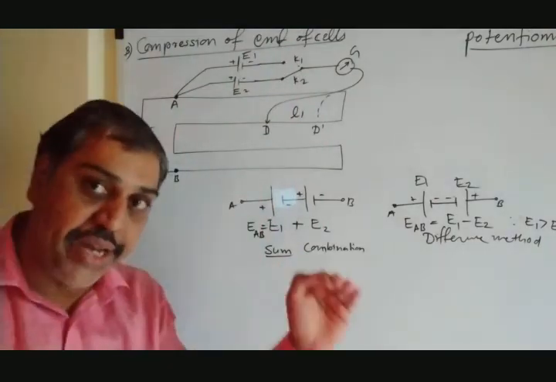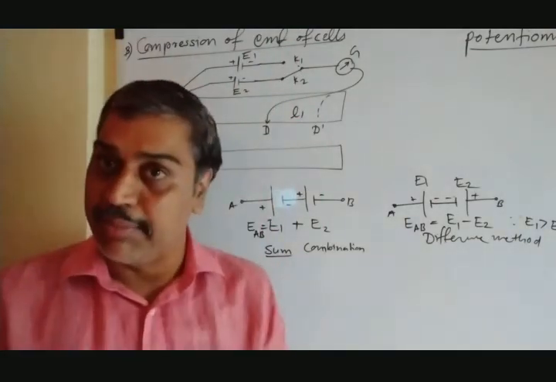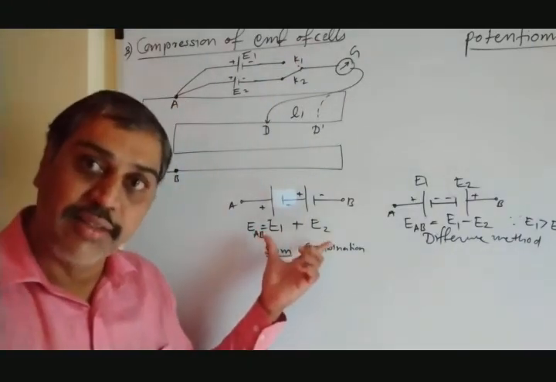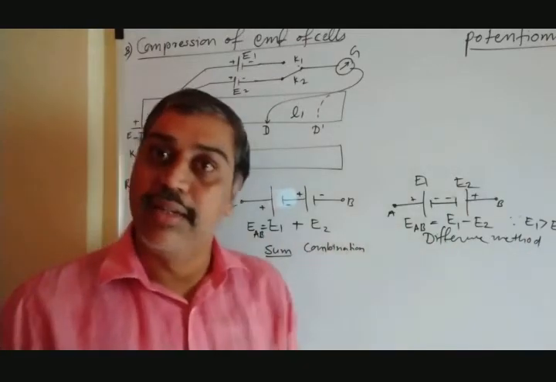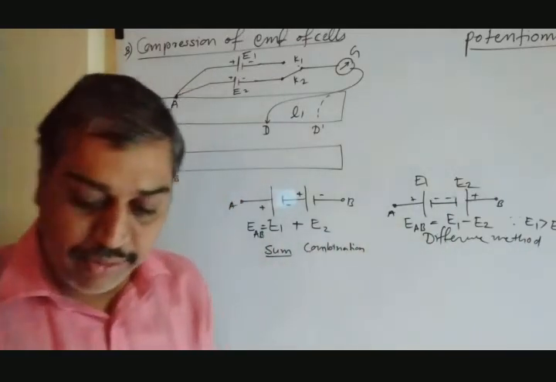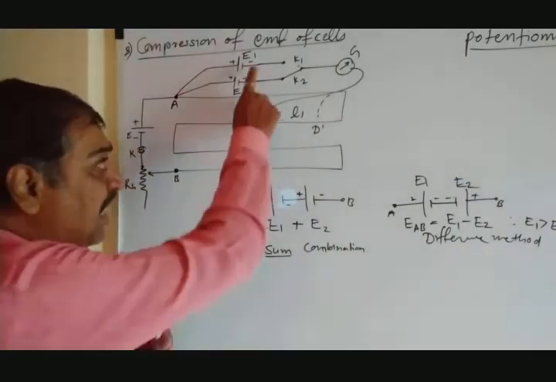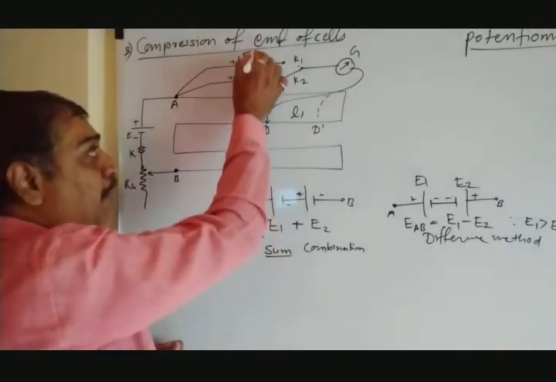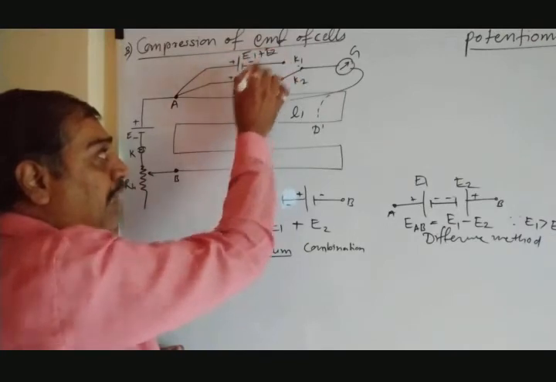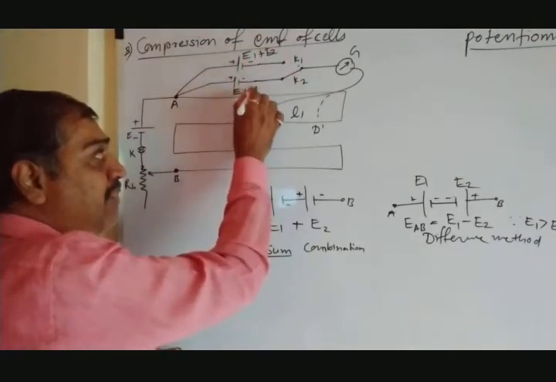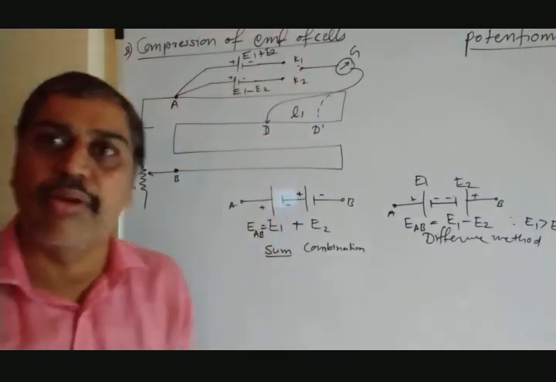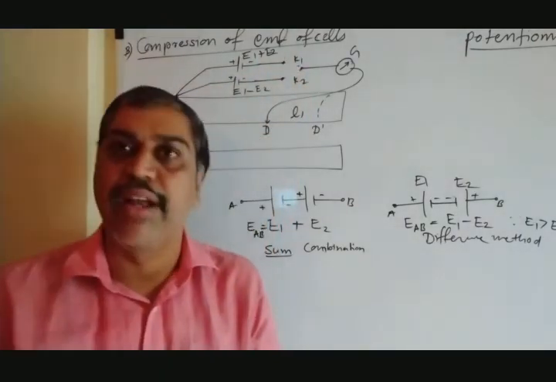Okay. Initially we took the individual method, the separate method. Here we use combinations, where the voltage either increases, the sum, or decreases, the difference. So what we have to do is the same thing: instead of E1 plus E2 you have to connect, suppose E1 plus E2, and this is E1 minus E2. Again two keys. In your book they have taken a slightly complicated manner, but I will make it very simple.